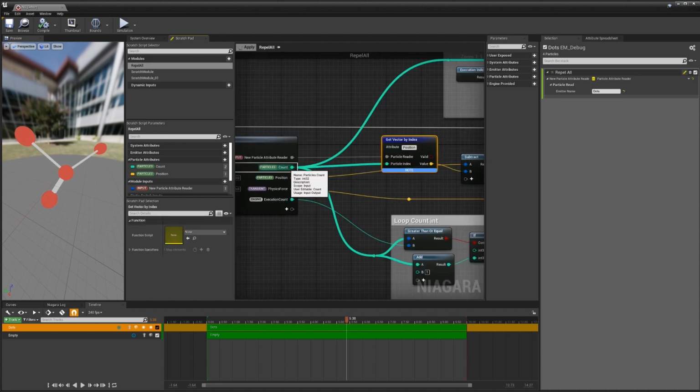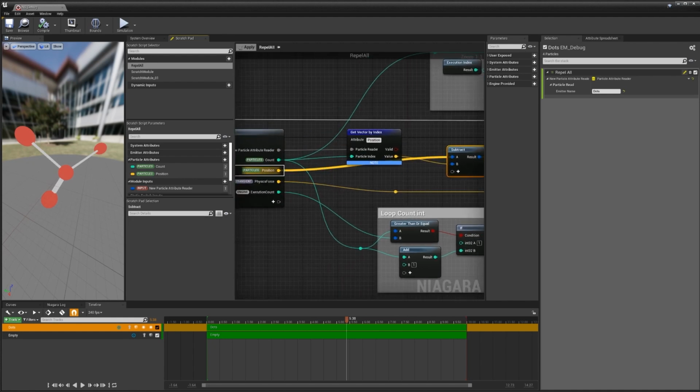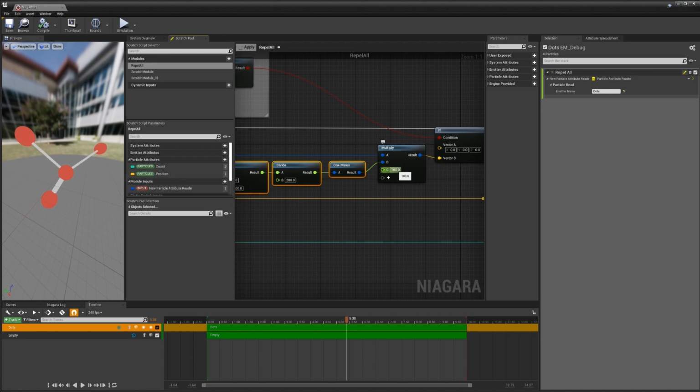Then for each of those integers, as we go through, we're getting the position of the particle at this integer and subtracting it from our current position, normalizing it and getting a standard length, and finally multiplying it.